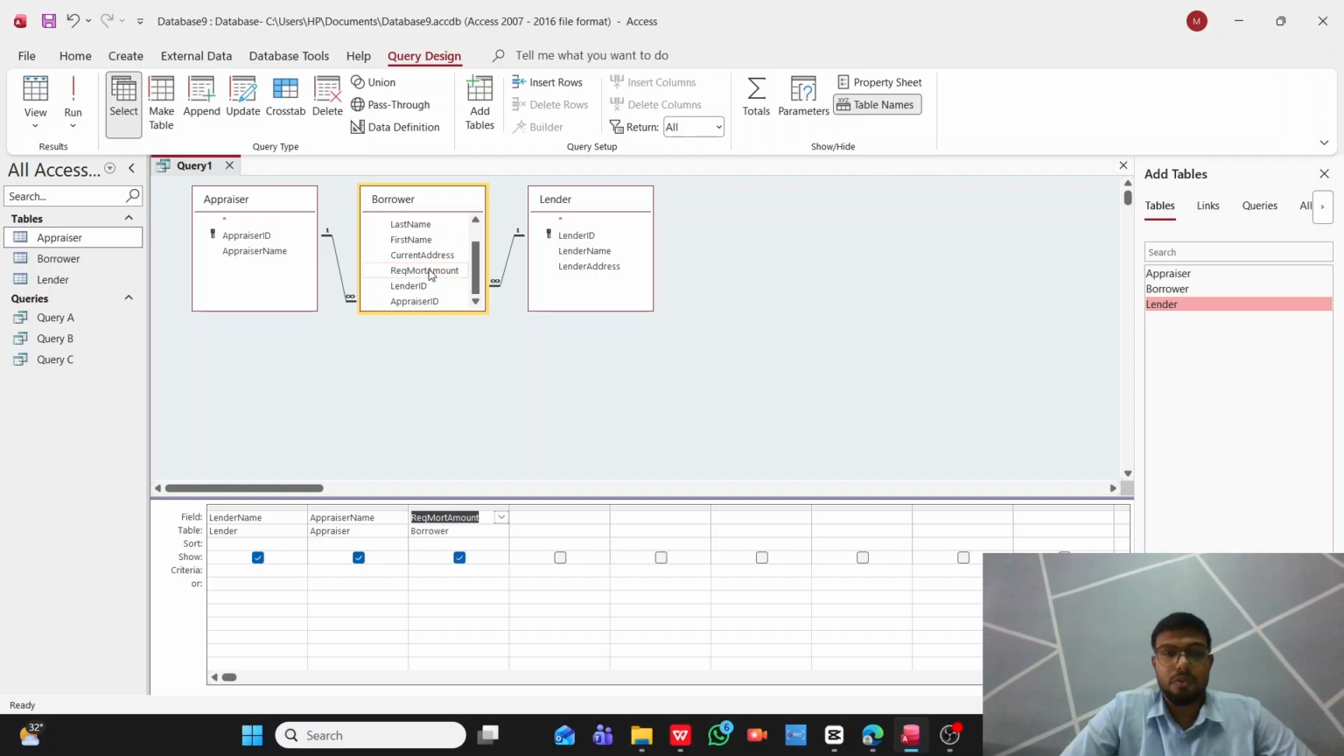So click that also. Okay, once we click that, the question mentioned the criteria was the requirement amount is more than 100k, but they don't want to show the borrower requirement amount in the question, so just untick the show. And once we're done here, we can run,